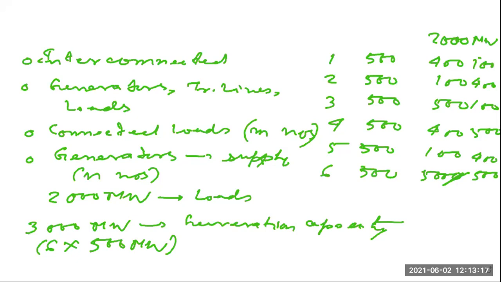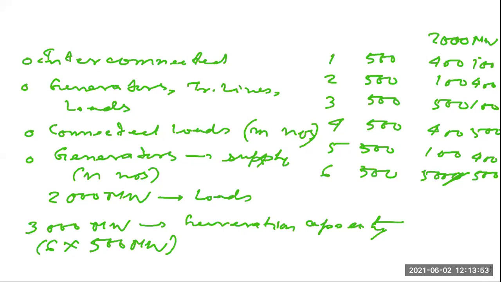Have you understood the problem? Then we'll proceed. Yes, sir. So the problem is we have generators and we have the connected load, but we don't know the method to allocate the generation of each generator, though we know the total load. So there should be some methodology by which we can allocate the generation. There is another possibility: each generator shares 400 megawatt equally, but that is not feasible.